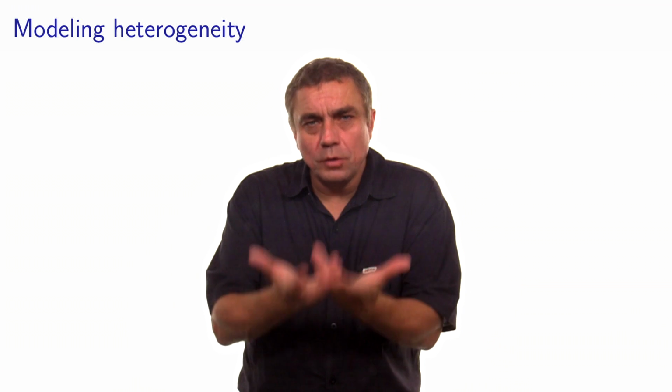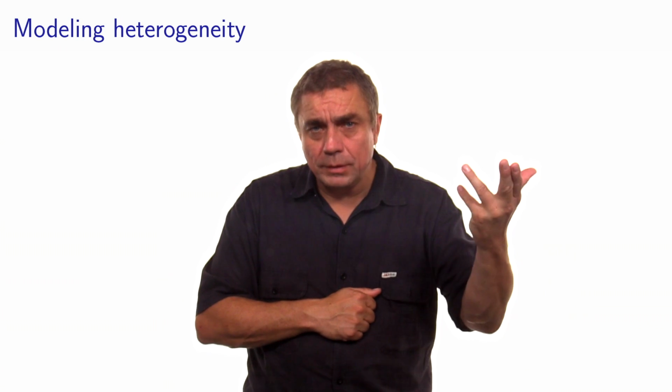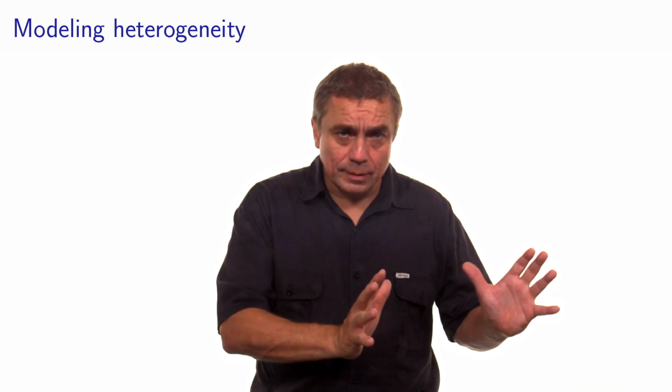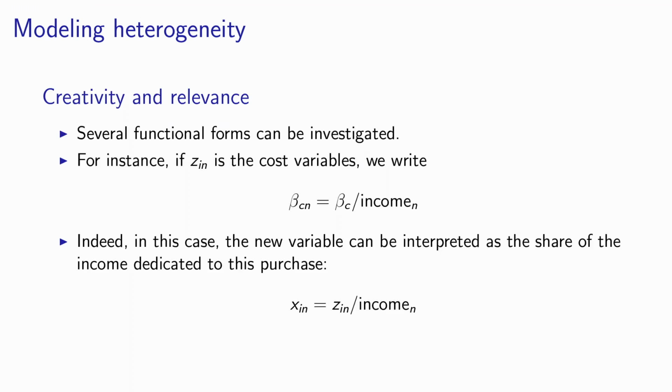specification. Okay? So the danger with this flexibility is that you can do anything. Well, you may want to make sure that whatever you do is relevant, so that it has a behavioral explanation. Okay, and in this case, when I took the income and the cost, well, this made sense, right? That the cost parameter would be different for people with different income is something that I can justify from a behavioral point of view. So that's what you need to keep in mind when you do that. You have a lot of flexibility, but you need to make sure that you can justify your specification based on some behavioral assumptions.